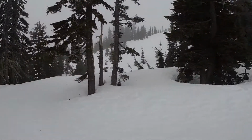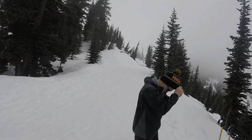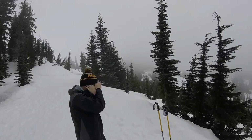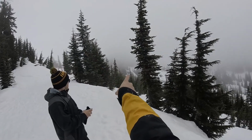We have turned the corner, probably gone a quarter of a mile. The lodge is back that direction. This is where they stopped grooming because you kind of get a bit cliffy over here, but in the summer the trail is still quite wide. Myrtle Falls, our first objective, is pretty much a quarter mile in the trees over there, and then we'll turn